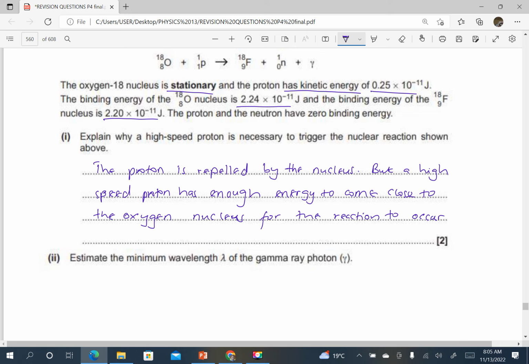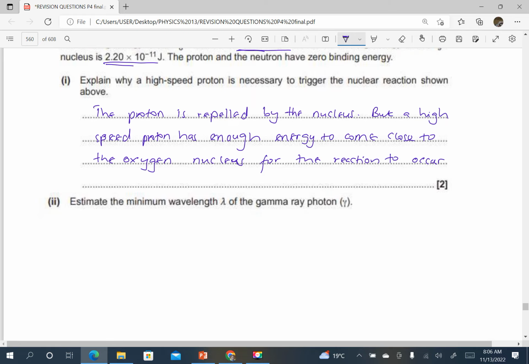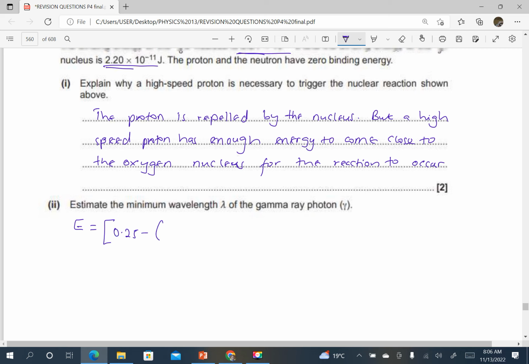Then the binding energy on the left is 2.24 and on the right is 2.2. So the energy which is used in binding is the difference between this and this. Then we shall subtract that energy from the kinetic energy of the proton for the reaction so that the balance is given to the gamma ray photon. Therefore, the energy of the gamma ray photon is going to be equal to 0.25 minus the binding energies,